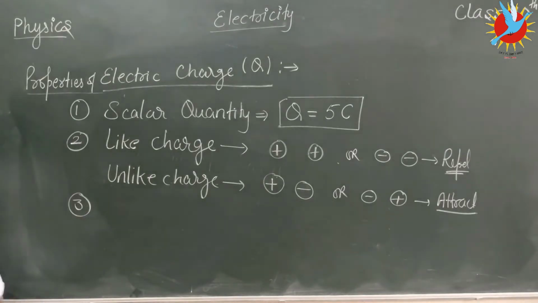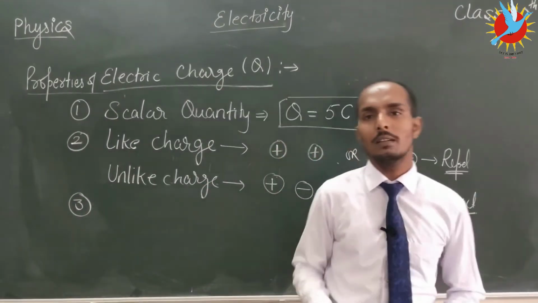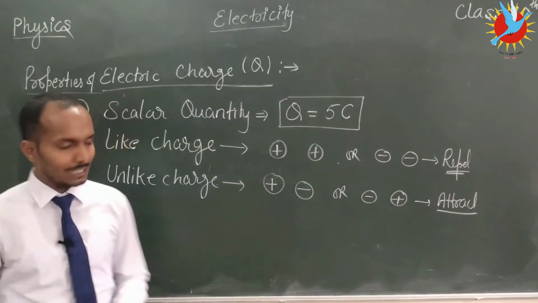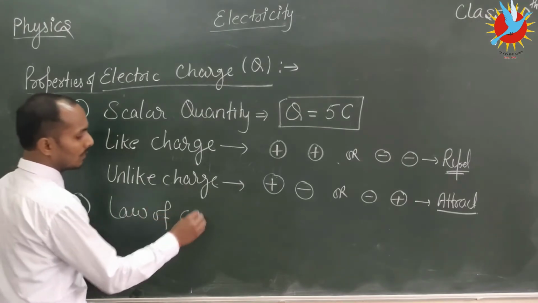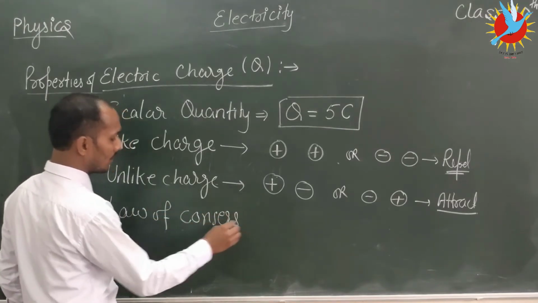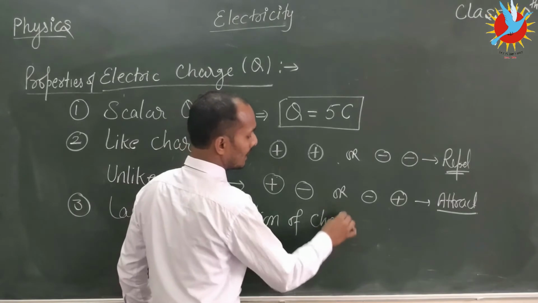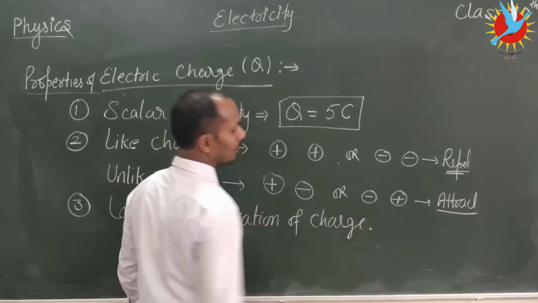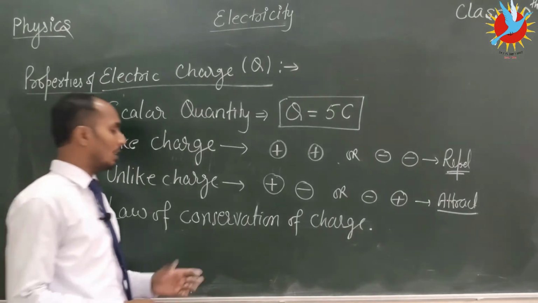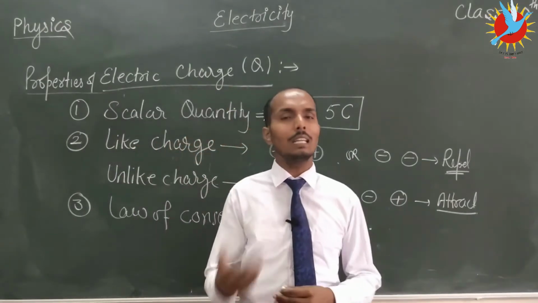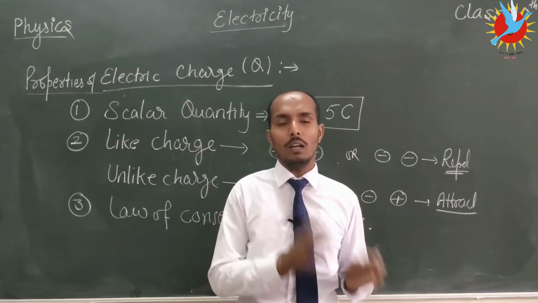Next point says that electric charge is conserved. What does it mean? It means it follows the law of conservation of charge. What is the meaning of the law of conservation of charge? It states that charge can neither be created nor be destroyed, but it can be transferred from one body to another body,